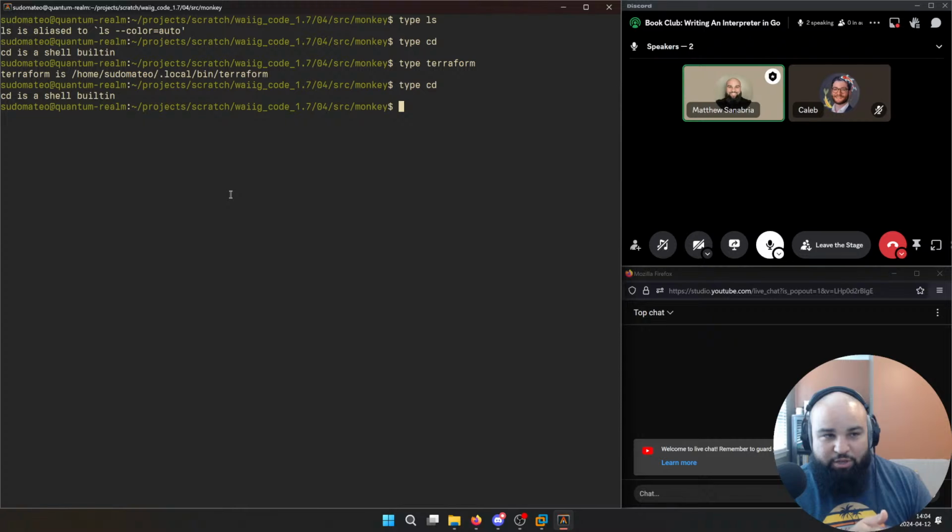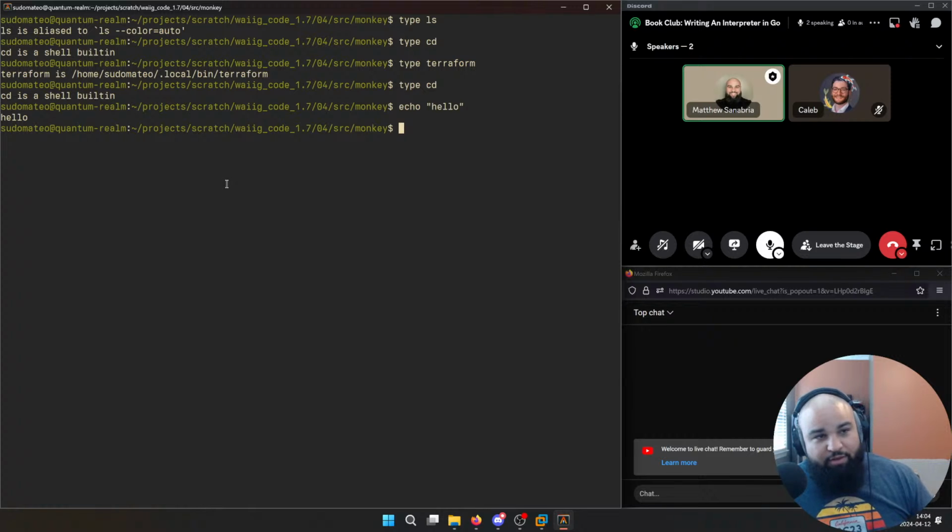It's just there for them to use all the time. And that's similar to a shell, like a Linux shell, bash or whatever. They are a type of interpreter, right? Because they interpret commands. When I do echo hello, my shell interpreted this as a command and printed out the result. No different than the interpreter that we're building in this interpreter book. So I just want to show you the built-ins there.